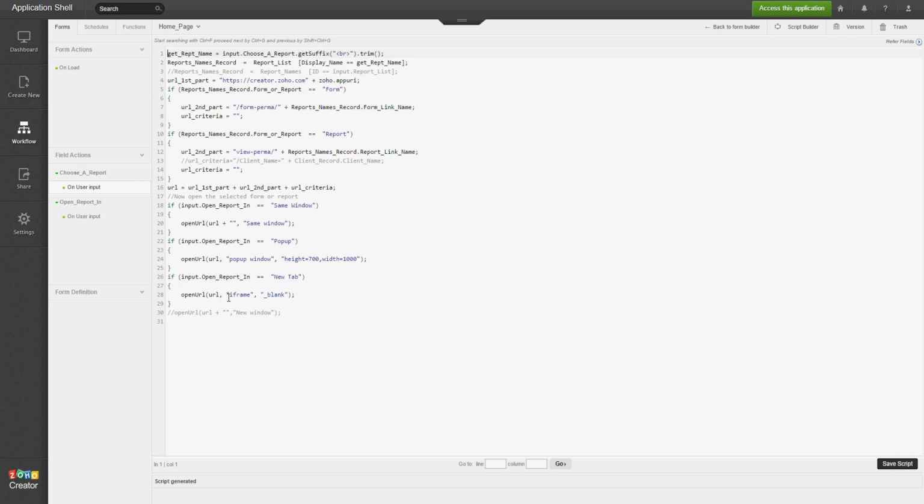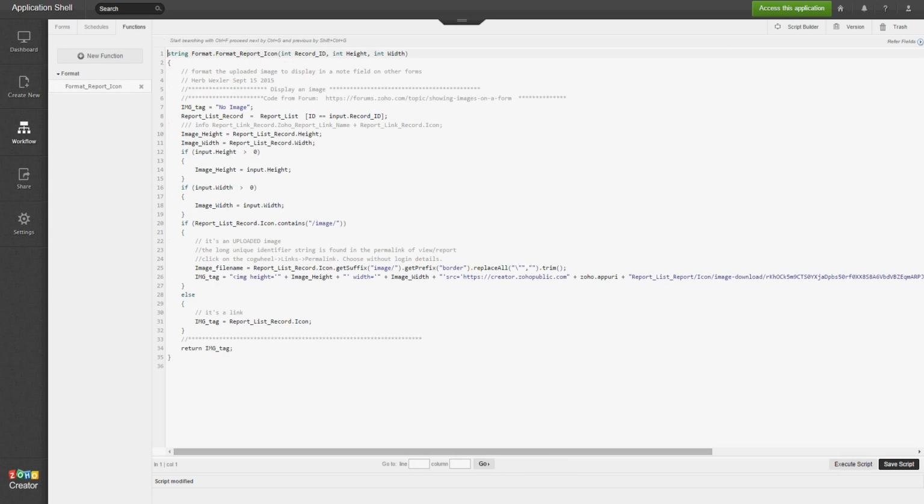So the first time you open up a report in a new tab, it would open a brand new tab. But then when you open up another report, it'll use that same tab it created a moment ago and put the information into that one. And sometimes you want it one way, sometimes you want it another way. So this is the other way. And if we wanted it to reuse the same new tab, this would be the coding for that. All right, so those are the functions and how this